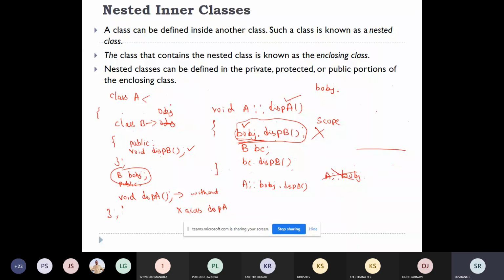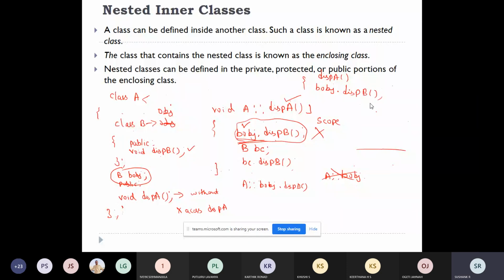Member function means display A. I can use the object of the nested class inside the member function of the enclosing class, because display A is a function that belongs to the enclosing class A, without scope resolution operator, and I can also access the function.